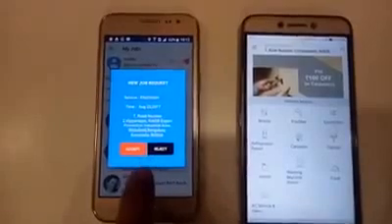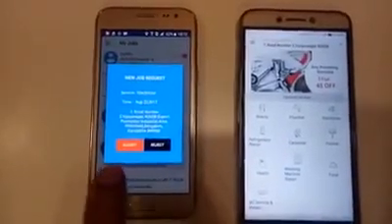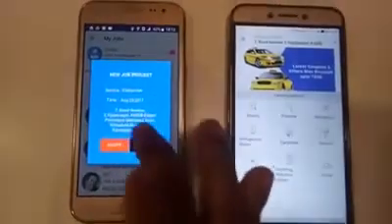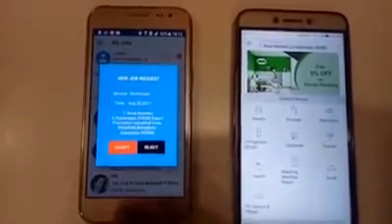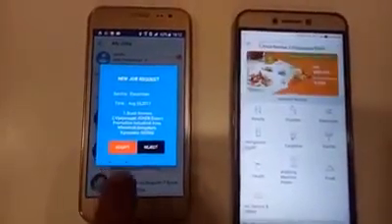Here you can see a service provider has got a pop-up. He can see the date and the address where he has to provide the service. So here he has an option to accept or reject.